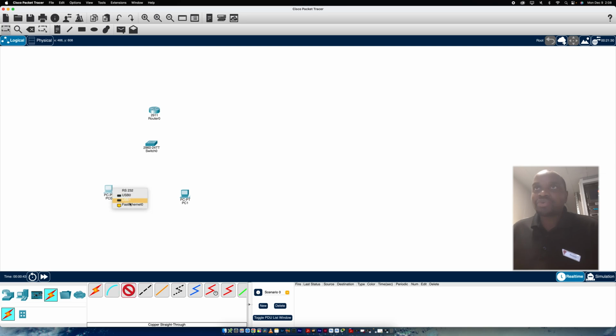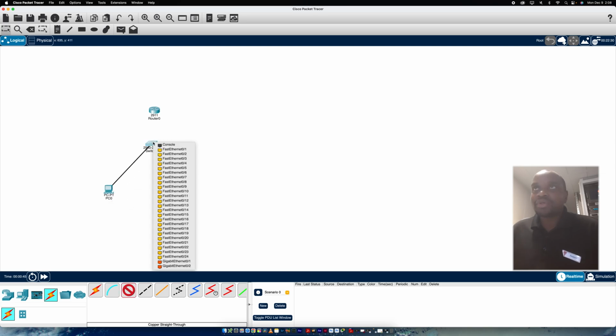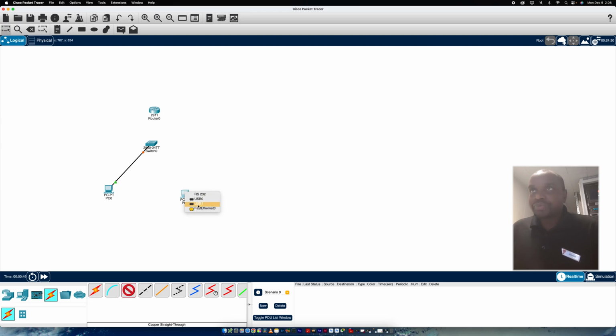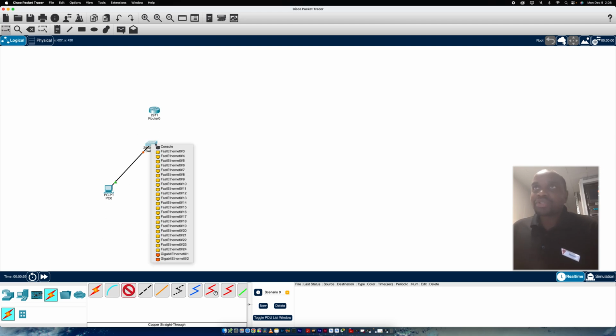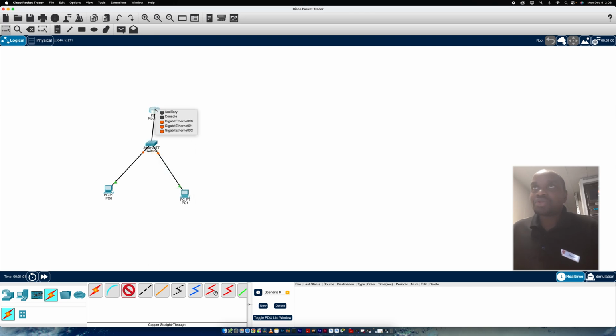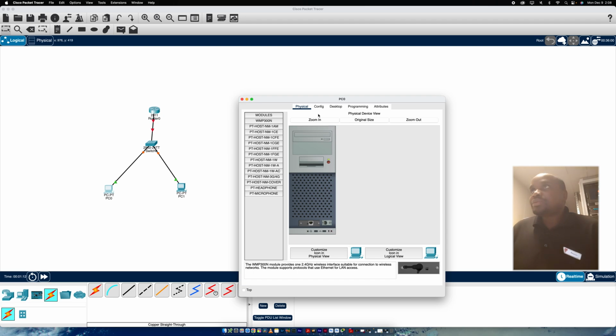Cable, straight through cable, fast Ethernet 0 to fast Ethernet 0/1. Cable, fast Ethernet 0 to fast Ethernet 0/2. Now we have connectivity between the PCs and the switch. Then we're going to connect the router to gigabit Ethernet 0/1. Now that we have managed to connect our devices together,